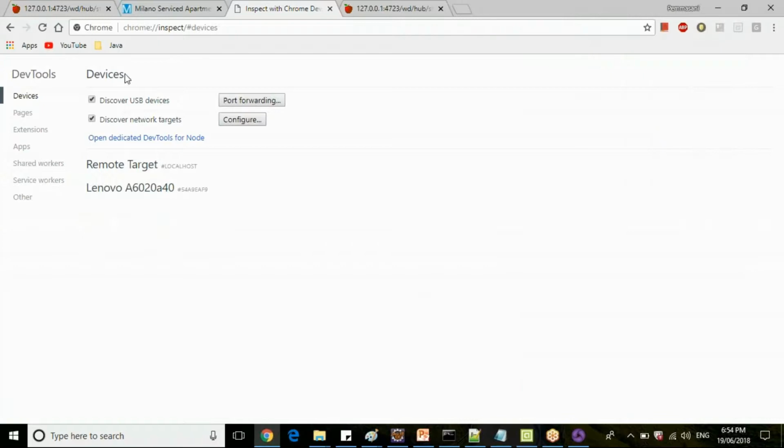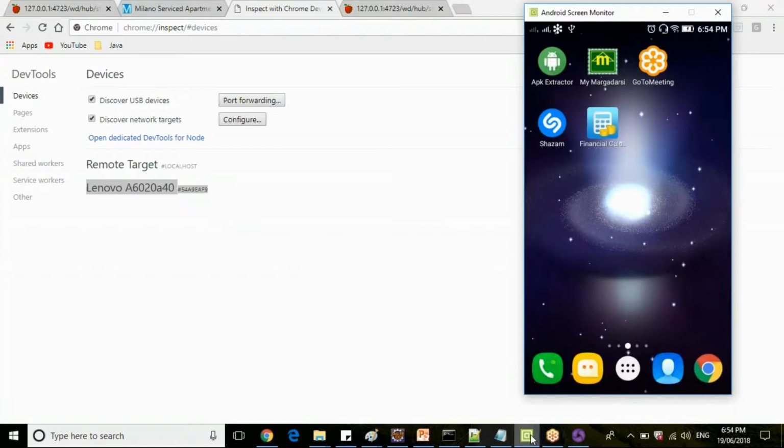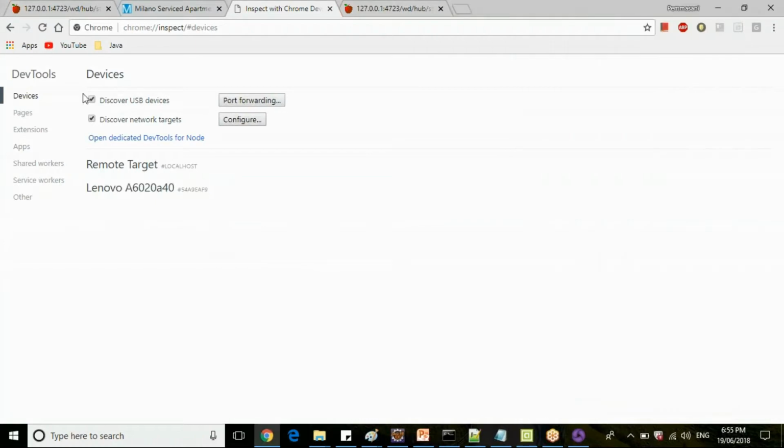So if you refresh, under inspect devices I have my Lenovo, which is connected with USB, but I have not launched the Chrome browser. So if I launch this Chrome browser, I will get a session here.